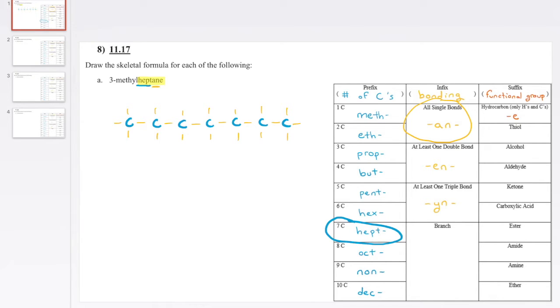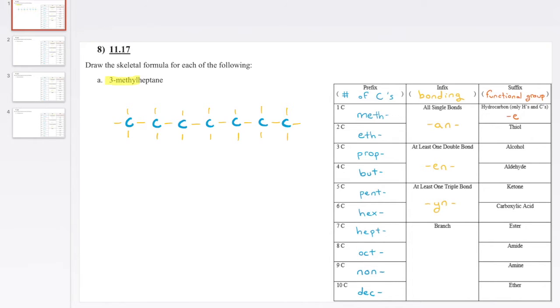Okay, the E suffix tells us that we have only hydrogen and carbon on this. So except for our branches, everything else is going to be a hydrogen. Now before I fill those hydrogens in, let me think about the branches. We have one branch, and the branch is 3-methyl. So if we're thinking about the branch now, the branch is this 3-methyl part. The 3 is telling you where the branch attaches to the backbone. And so you will want to